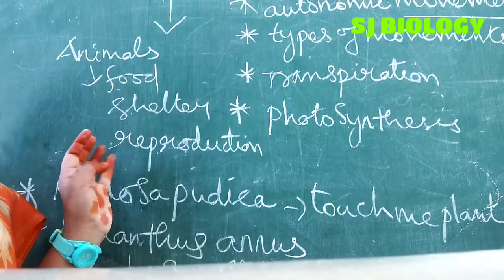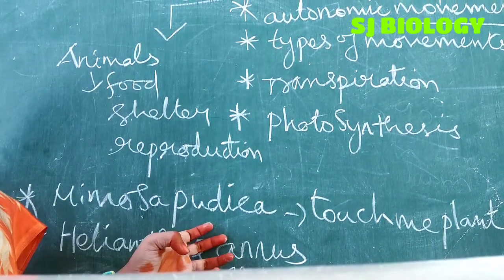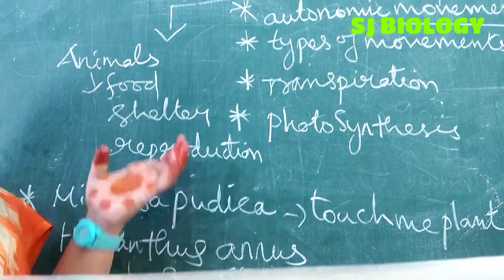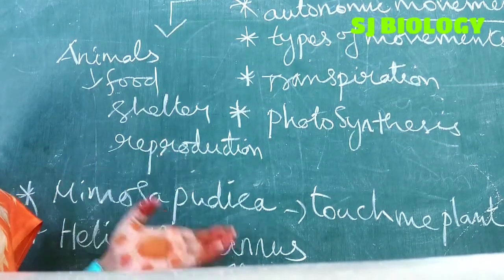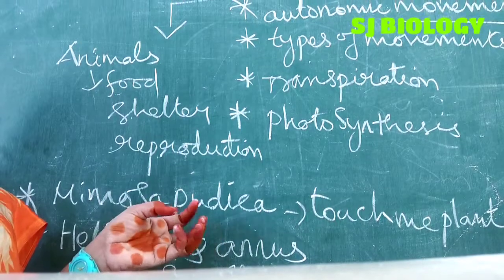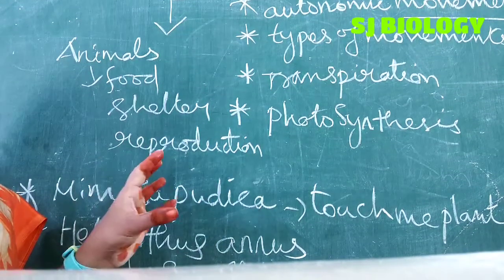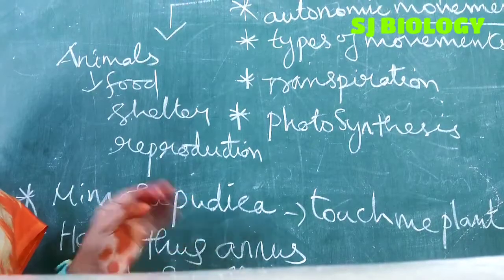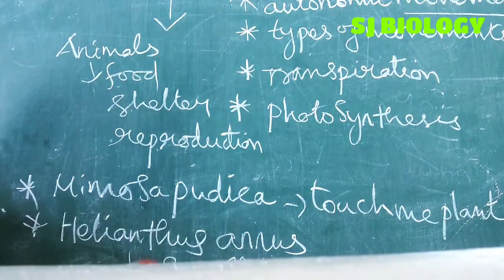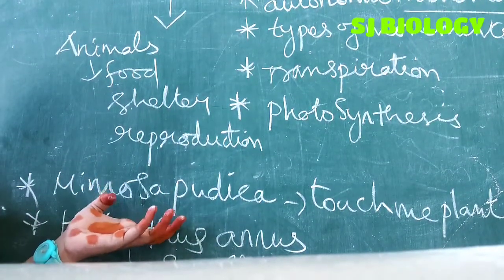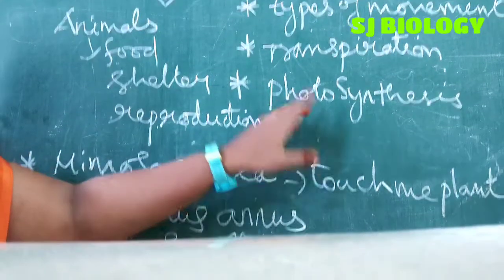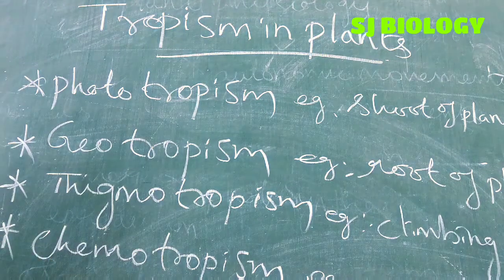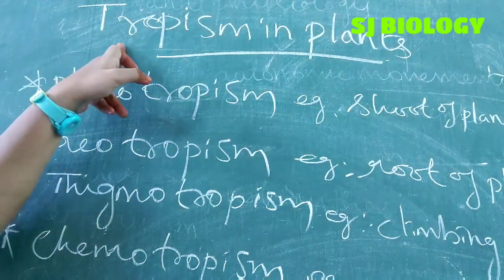Unlike animals, plants do not move on their own feet from one place to another, but they can move their body parts to get sunlight, water and nutrition. They are very sensitive to external factors like light, gravity and temperature. In this lesson we will study the various movements in plants, then photosynthesis, and then transpiration.